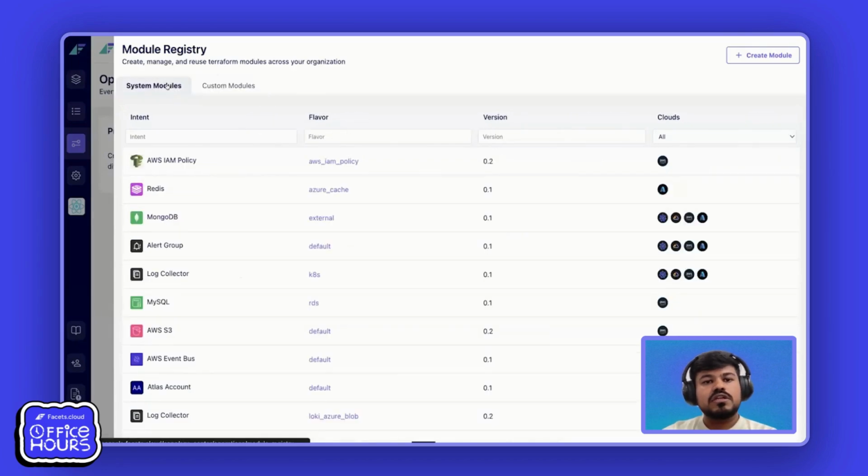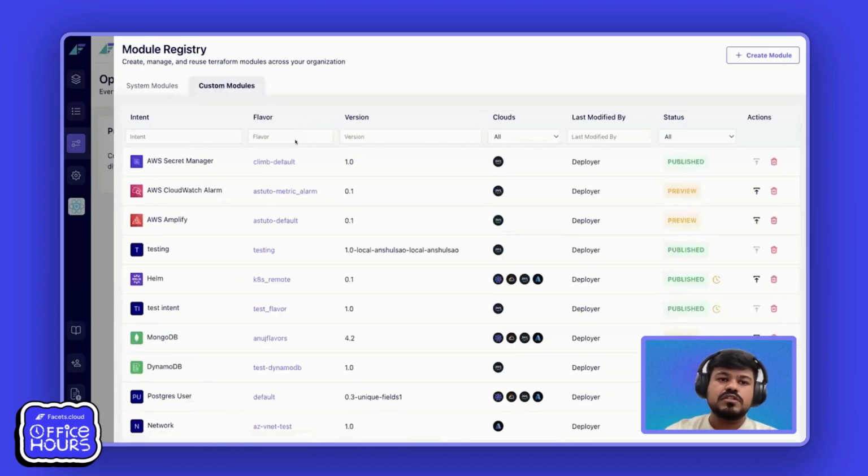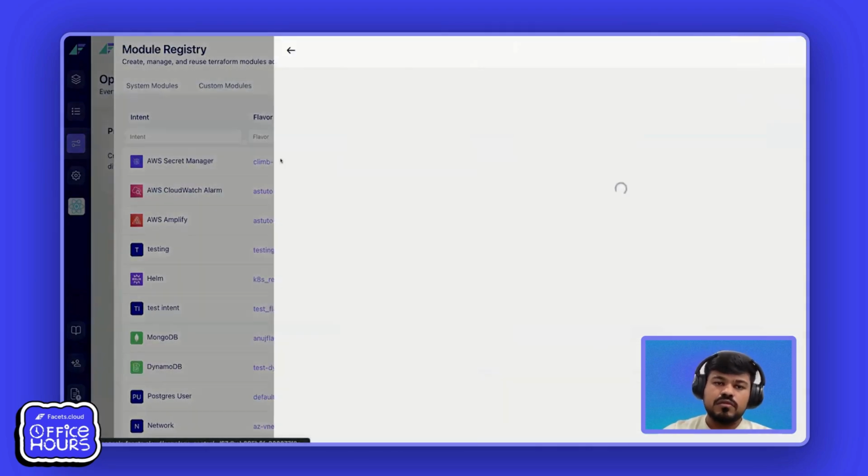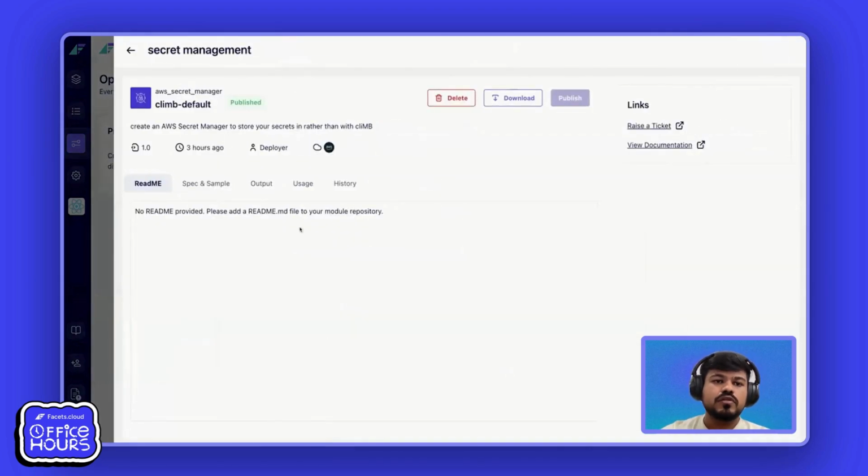System modules are the ones that we, from the Facets side, push for you to use. These are very generic modules which anyone and everyone can use. And there's a place for custom modules as well. These modules are the ones that you build for your use cases and publish across your organization for everyone to use. So we had built this page earlier,